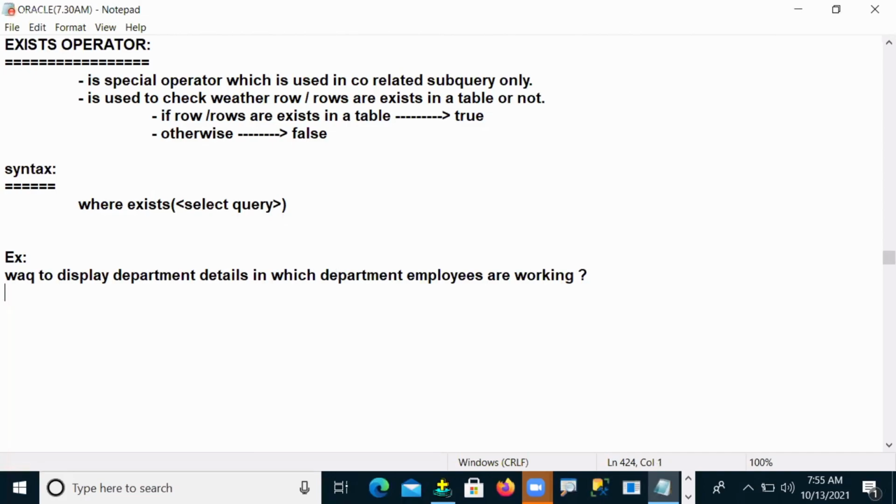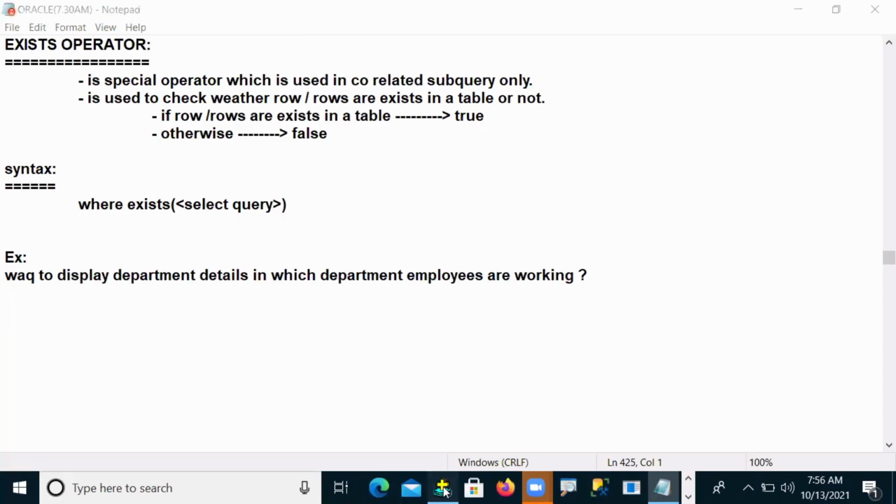The basic thing is that I need to display department details, but I don't want to display all departments. I want to display only the departments in which employees are working. That is what we want.